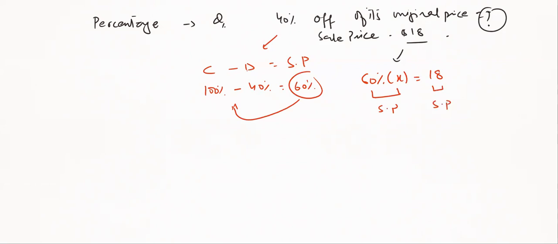So X is equal to 18 into 100 upon 60. Zero cancels. 6 times 3, and X is equal to $30. Okay. Next. Another question is